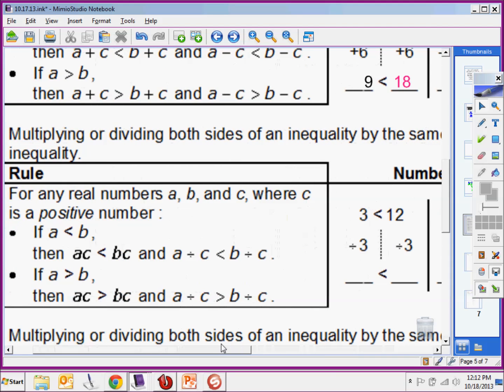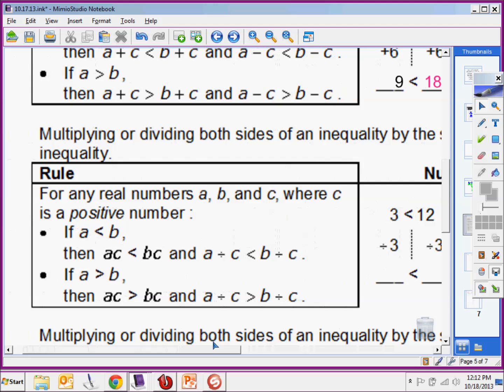Alright? Now we're going to go on to multiplying or dividing both sides of an inequality. When I am multiplying, keyword here, I am multiplying by a negative. When I am multiplying by a negative,